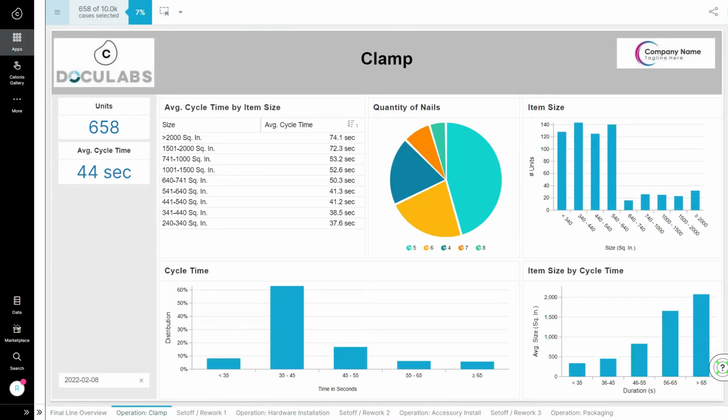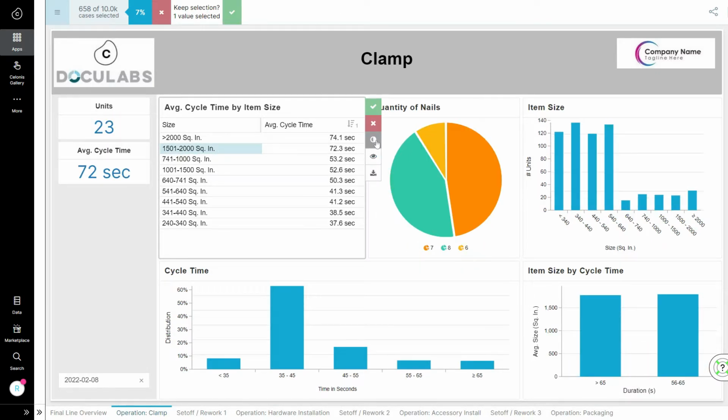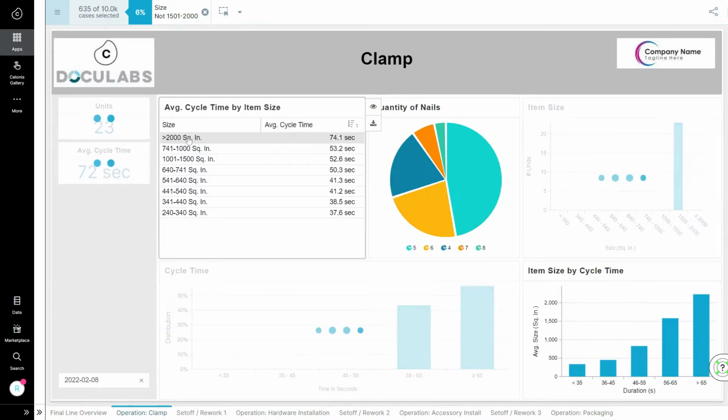So when we look at the clamp view, one thing that jumps out right away is the units that are larger than 1,500 square inches have a significantly higher cycle time. 72 and 74 seconds versus an average of 44 seconds. That's information that would have been extremely hard to get in any other view. And if you're a CI person and want to understand the impact of this, you can actually go in and remove those outliers from the view